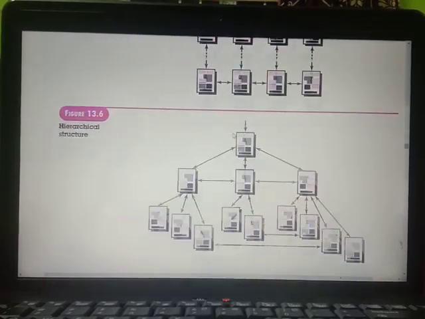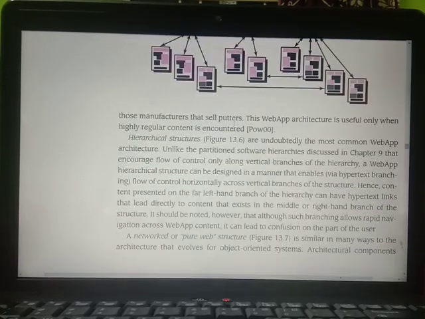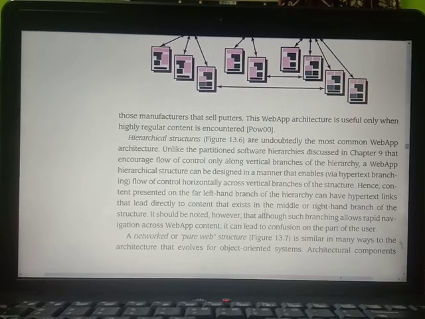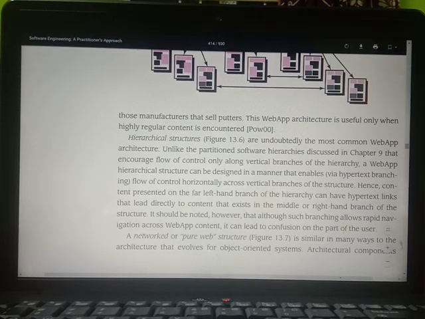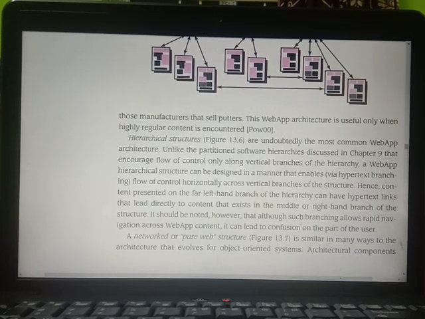So next one is about the hierarchical structure. Hierarchical structures are undoubtedly the most common web app architecture. So why? Because a hierarchical structure can be designed in a manner that enables flow of control horizontally across vertical branches of the structure. Hence, content present on the far left hand branch of the hierarchy can have hypertext links that lead directly to content that exists in the middle or right hand branch of the structure.